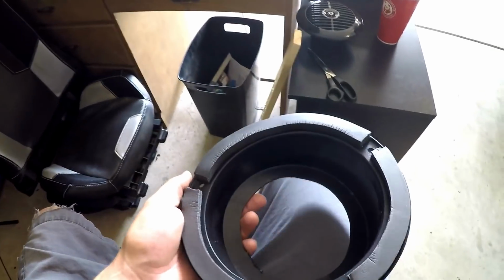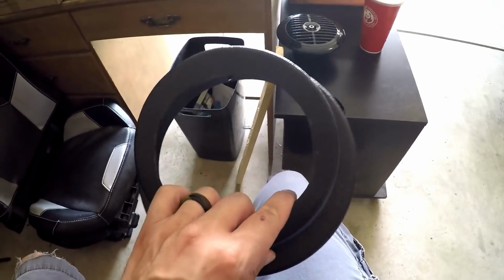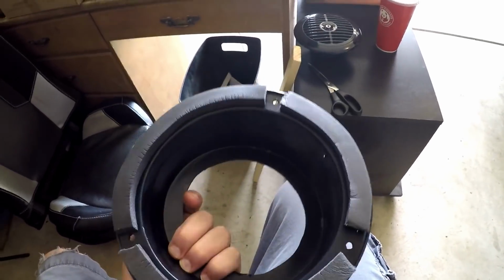Well, sorry about the noise in the background, but my wife is doing laundry. Anyways, before I go ahead and wrap up these speaker pods and everything, I wanted to point